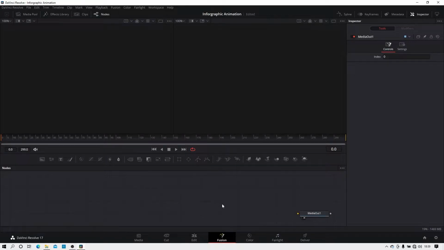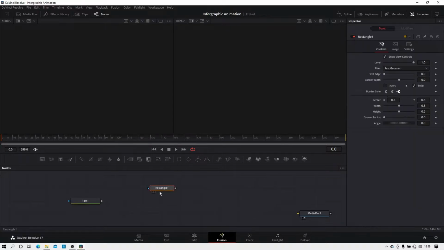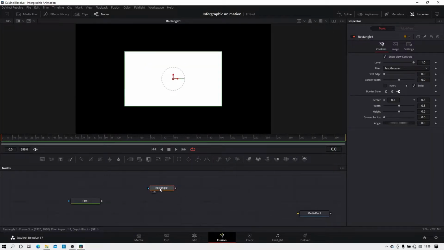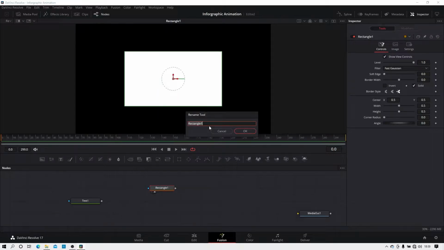Now we need to take a text node. For that click on this T icon to add a text node. Now we need to take a rectangle mask. For that click on this icon to add a rectangle mask and drag rectangle 1 to the viewer. Let's make it single view. Right click on rectangle 1 and select rename. Let's call it controller